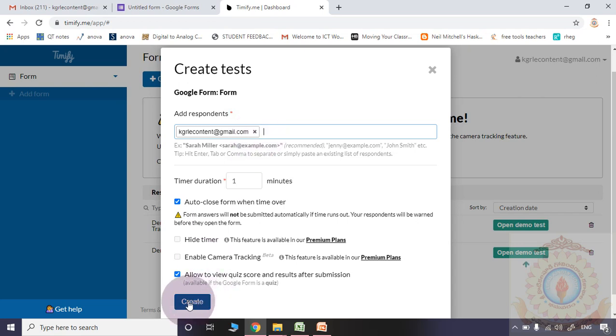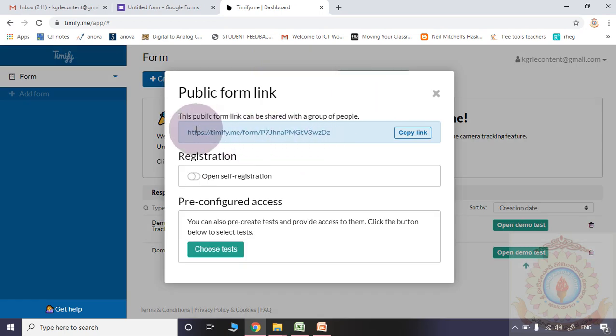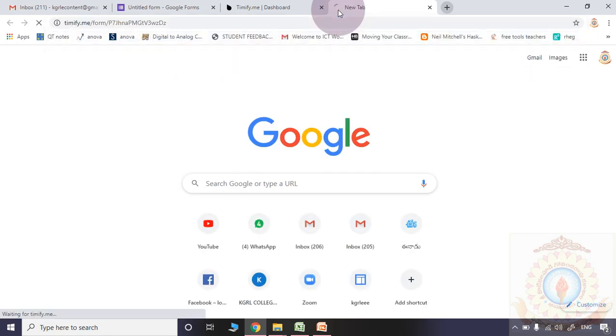So please observe here, the create option was enabled. Okay. Here, please observe, the public form link was generated. Please observe here, one link was generated automatically. Copy that link. For testing's sake, I am copying it in this place.